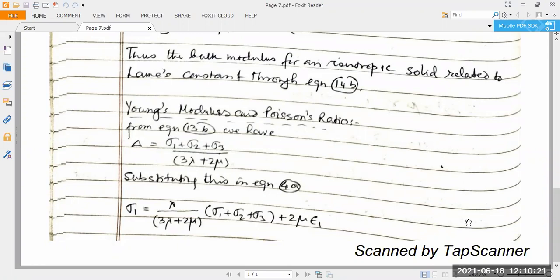Sigma 1 is lambda into delta plus 2 mu epsilon 1 itself. Equation 13b, not 4: sigma x dash plus sigma y dash plus sigma z dash equal to (sigma 1 plus sigma 2 plus sigma 3) into (3 lambda plus 2 mu). Now, if we put these values here and simplify,